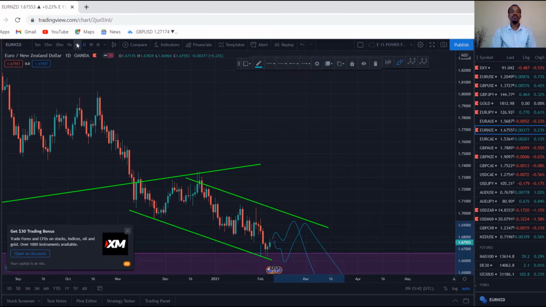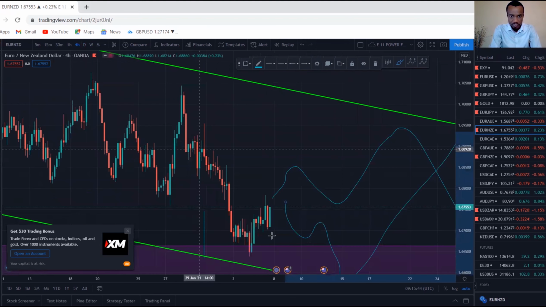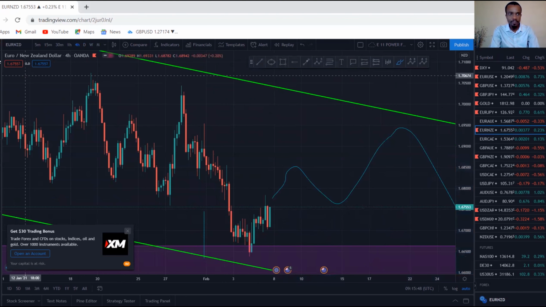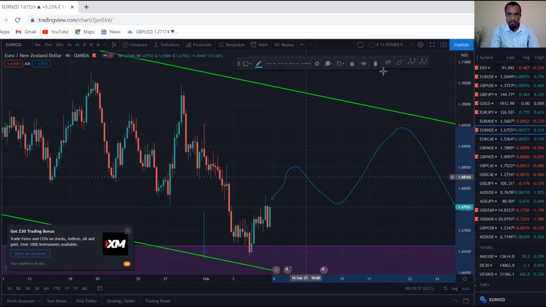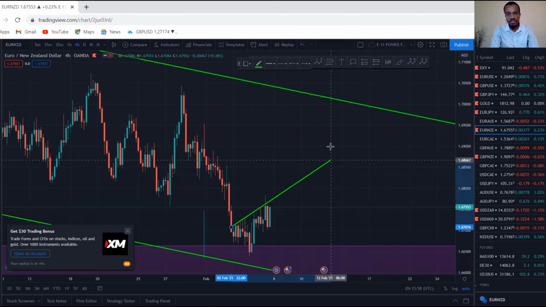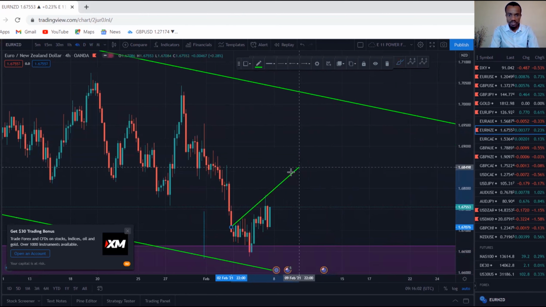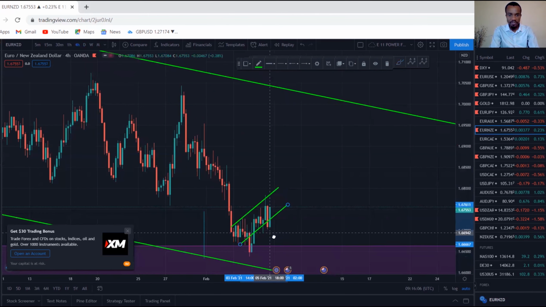Okay, let's take a look at a 4-hour time frame. From a 4-hour time frame, let's clear these things out here. As you can see, price is trading within this channel to the upside. Price is busy trading within this channel around this area. So as price is trading within this channel, until this channel is broken,